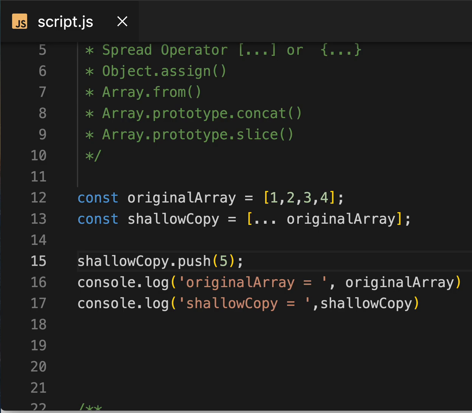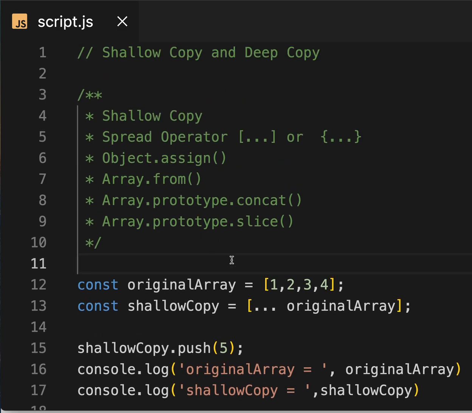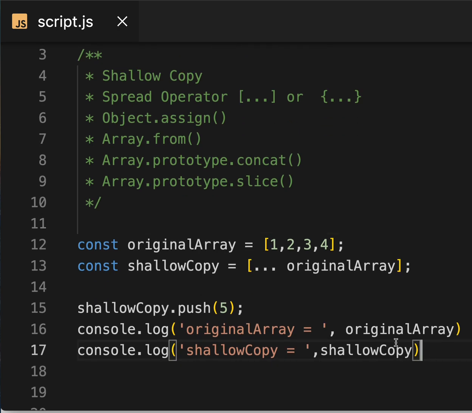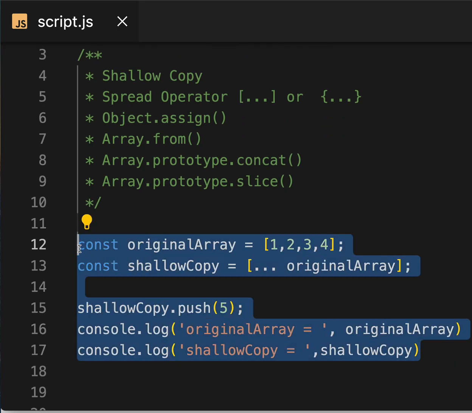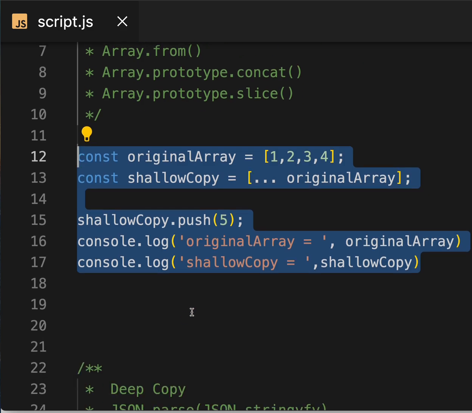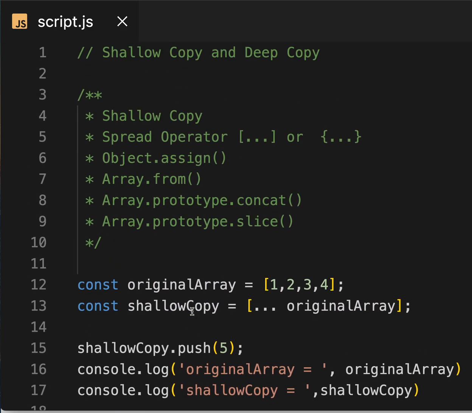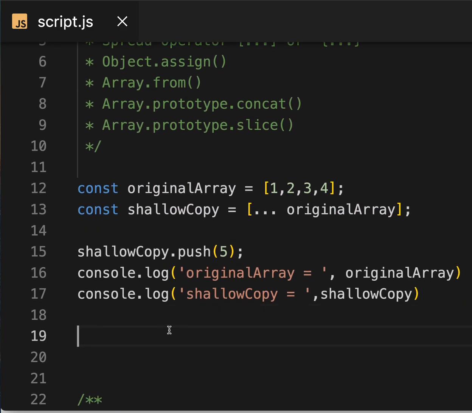Okay, let's do Object.assign here. I'm going to use the same example to achieve Object.assign as well. Let's write here and make this a comment in the code.